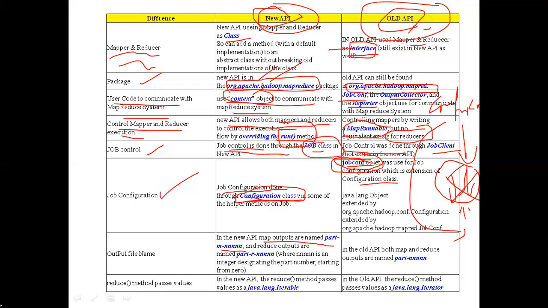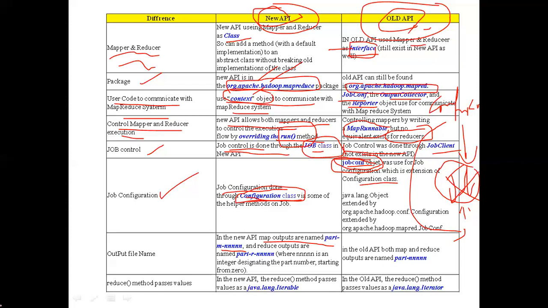For example, the given job is divided into 5 parts, and the 5 parts are given to 5 maps. See, we have a job, we divide the job into 5 parts, and each part is given to one map. So the first map will give the output whose name is written as part-m-1.